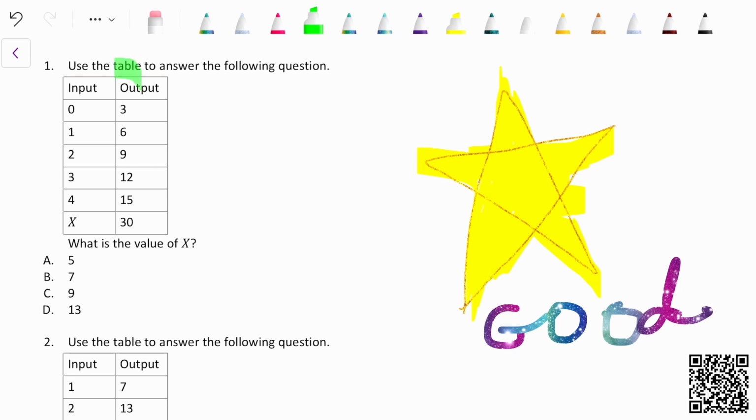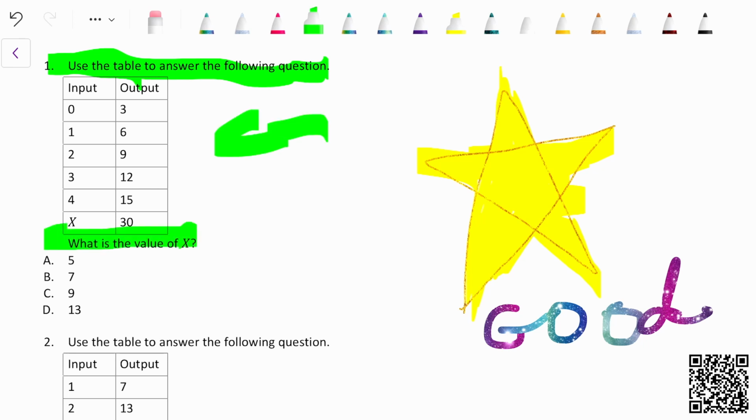So our first question today is, use the table to answer the following question. So we've got our table here. What is the value of x? So this is x. Before I point out a strategy, there's actually an easier way, as they're all pretty easy to guess because they're